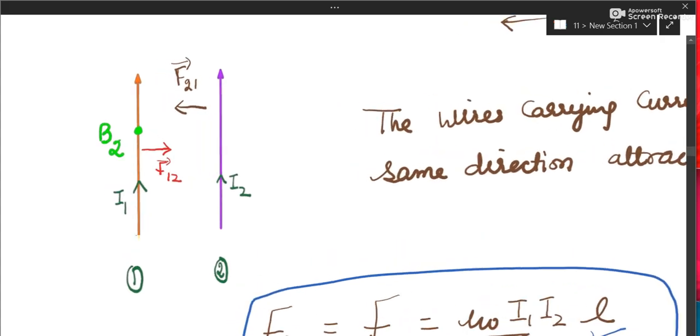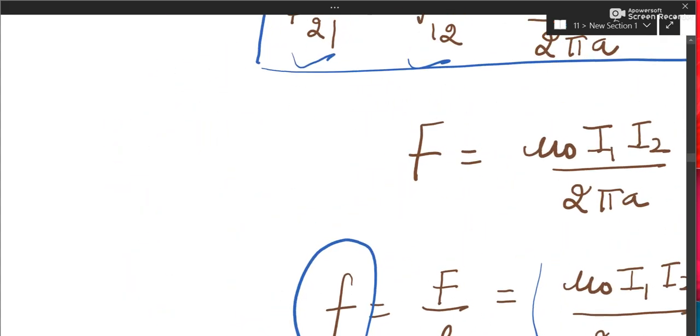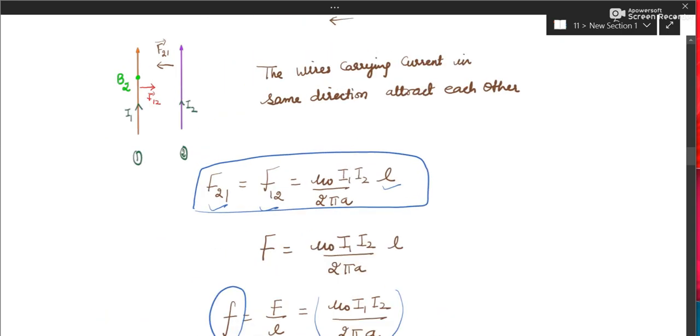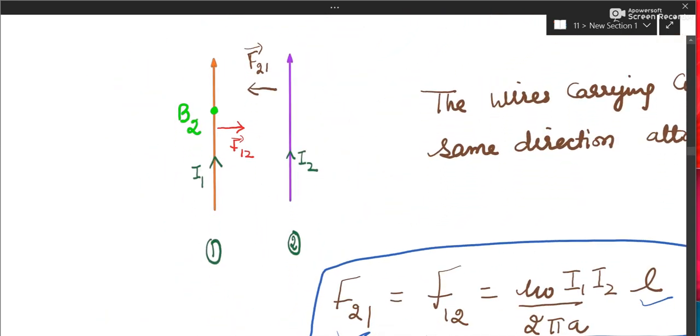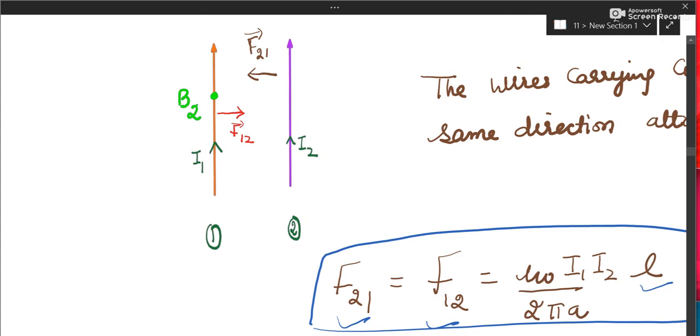So let us talk about the directions properly. All look very, very carefully. See, this is I1. Right. So what is its field here? Keep your thumb, bring your curls. So it is downward. Into. Into means cross. So put here a cross. This is the magnetic field of this, that is B1. Important. Examiner will search for B1.